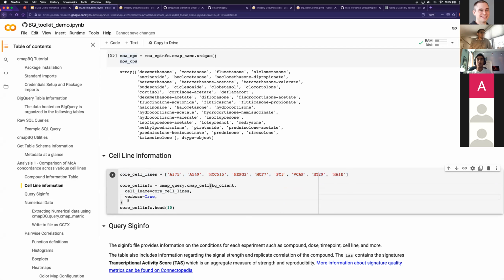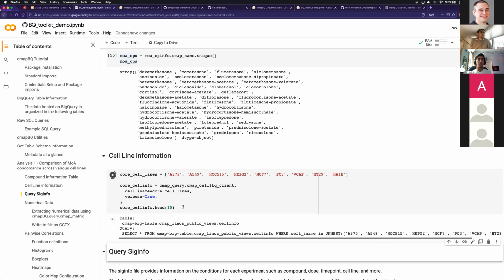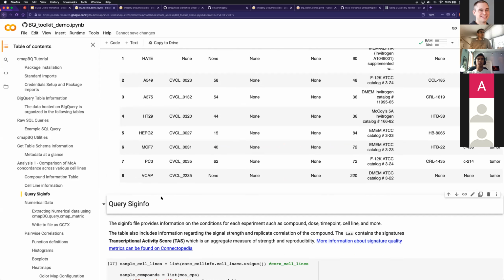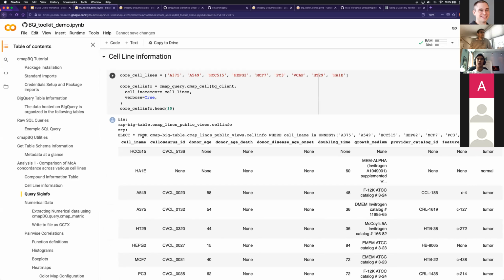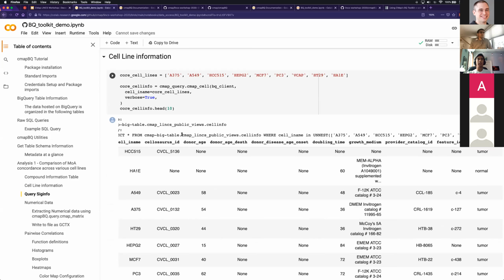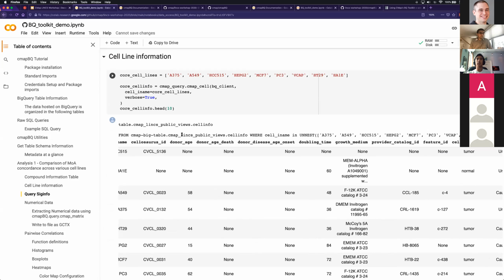I've also added this verbose equals true flag. This is useful for debugging, or if you want to use the metadata browser or the BQ console. It'll print out the actual query that is run